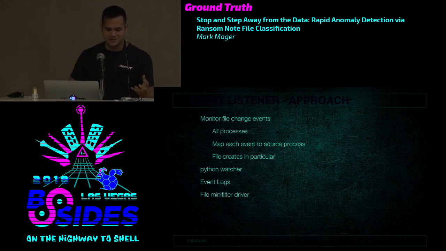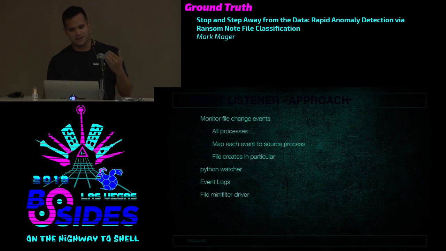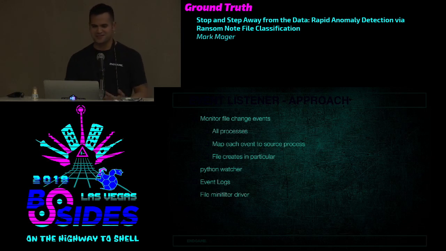And the reason why that isn't suitable for us is that we would have no idea what process that specific event comes from, and we don't know what process to suspend or terminate in that instance. So essentially, if we're using this as a detection framework, the output of that is going to be pointless for us. We would just know that there's a ransom note on the disk. We have no idea what dropped it.